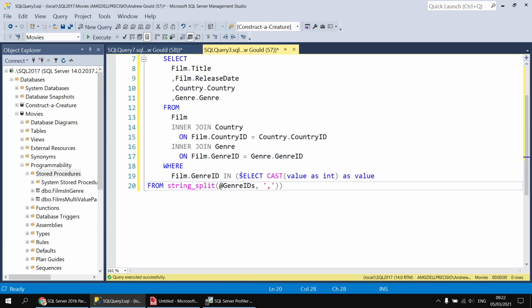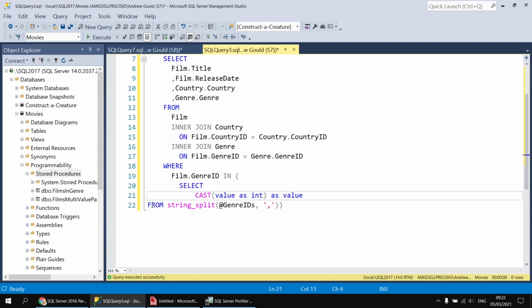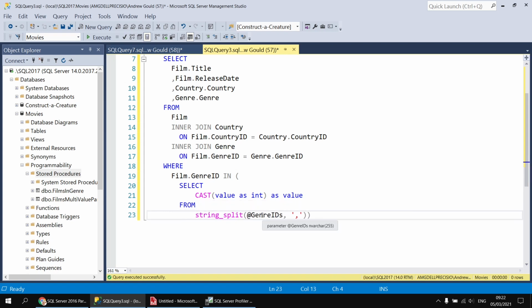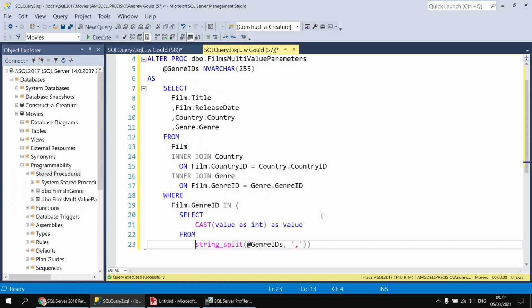Just to tidy things up a little bit to make it a little more readable, I'm going to split this across multiple lines. So there's my select statement. So I'm selecting the integer version of the values from the results of the string split function, splitting the genre ID comma separated string using the commas to identify the separator. Okay, so that's a little bit more complicated than ideally it would be,